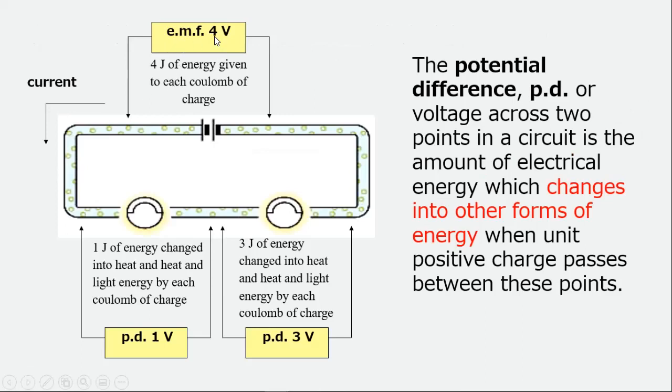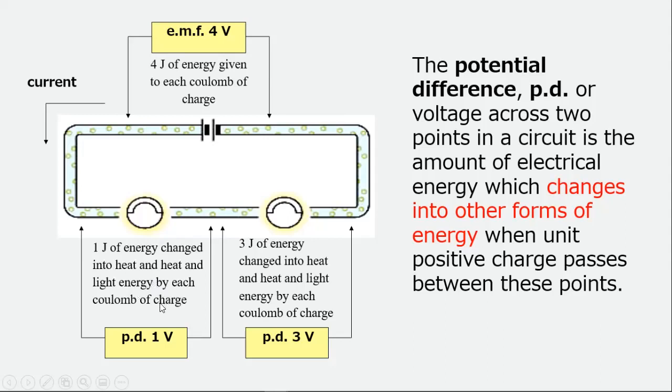if I have an EMF of 4 volts, we have 4 joules of energy given to each coulomb of charge, meaning that the EMF is present within the battery or the dry cell. So this will be the one who will push the electric current on the circuit to move on a certain load. The load is either a bulb or any appliance that will consume the energy that has been given by the battery. So in this case, 1 joule of energy changes into heat and light energy by